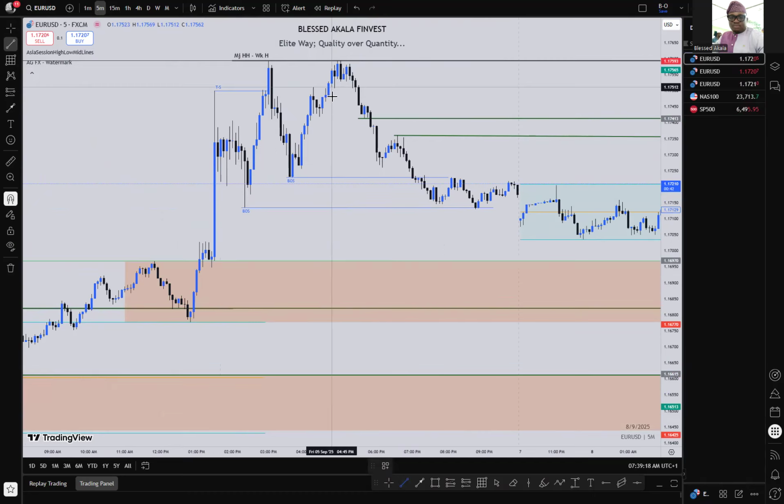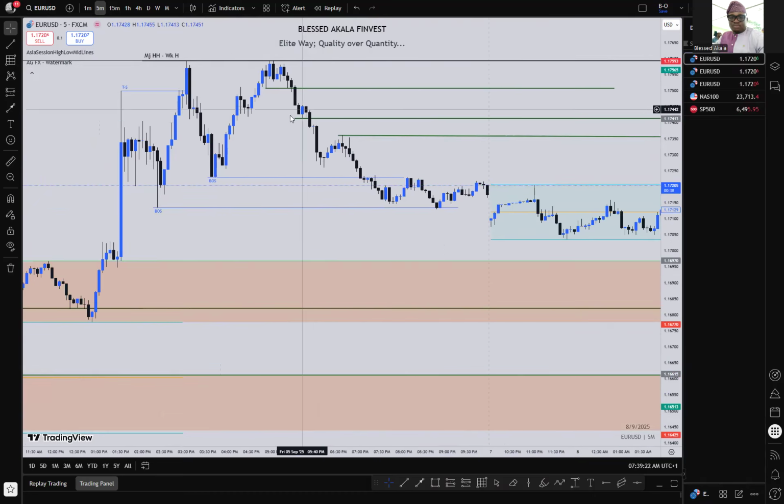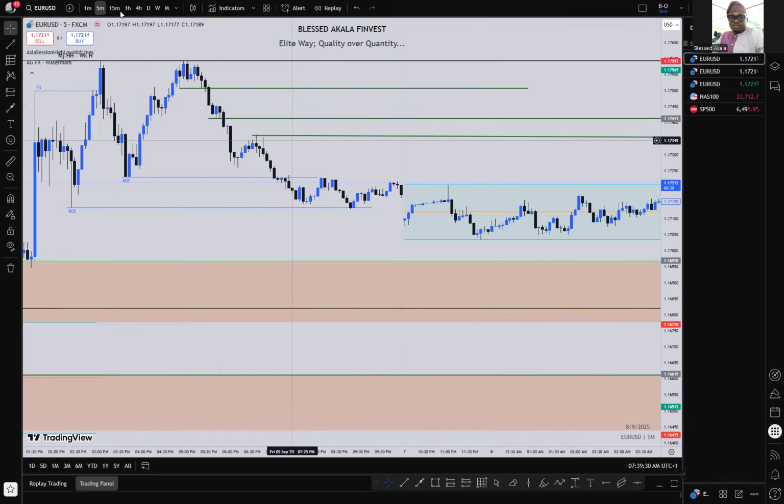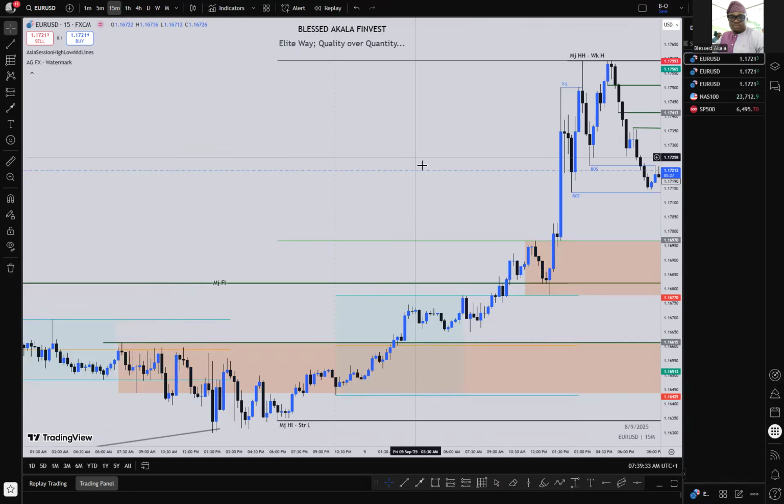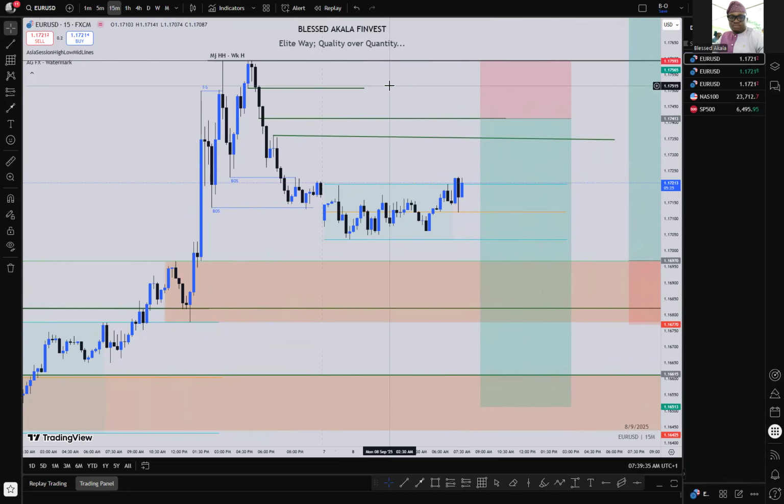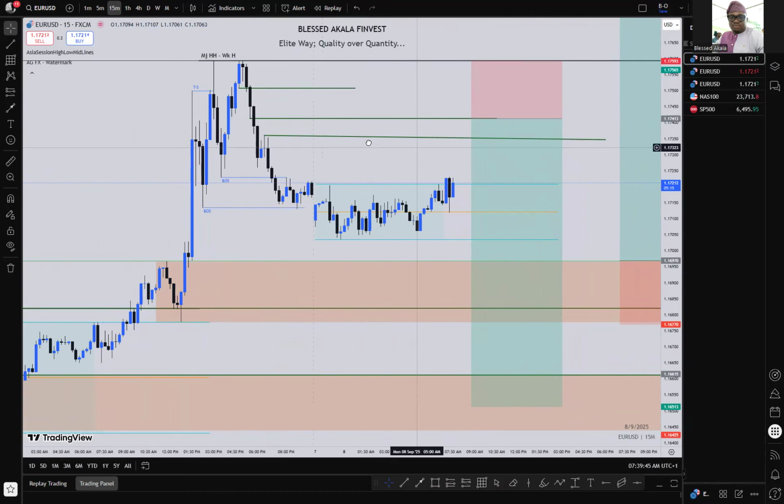So we can still be anticipating this price to get to this particular level. But as you can see, we have this little internal structure mitigating the level. But this level, just dealing from a 15-minute perspective, it will be nice for us to take our trades from this internal structure that is created here because of this little breaker block that we can support from this level. So mind you,